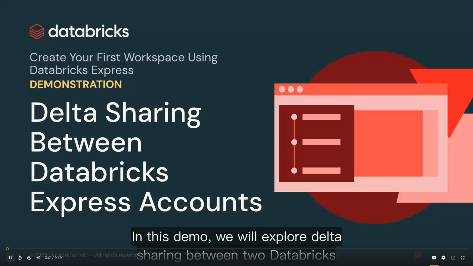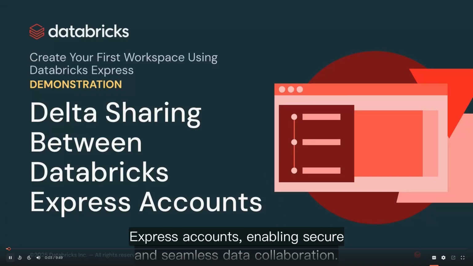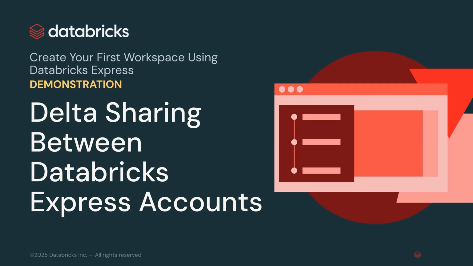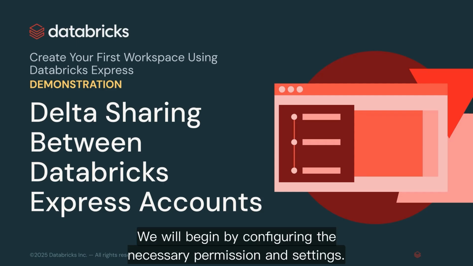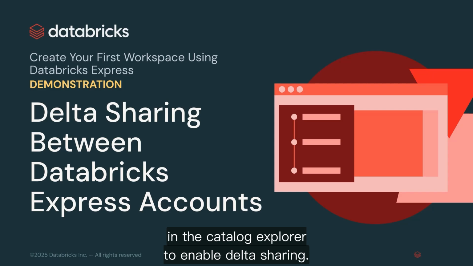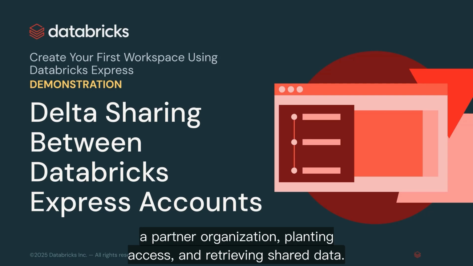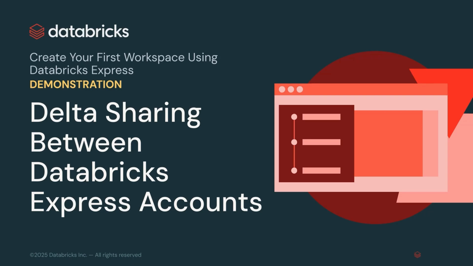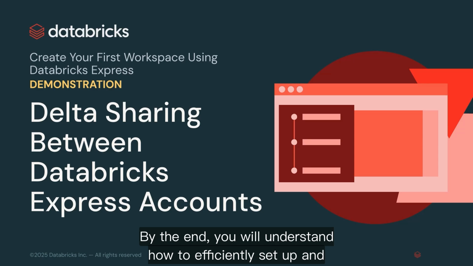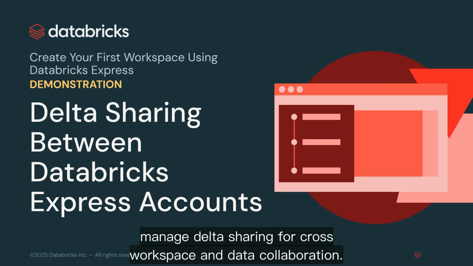In this demo, we will explore data sharing between two Databricks Express accounts, enabling secure and seamless data collaboration. We will begin by configuring the necessary permissions and settings in the Catalog Explorer to enable data sharing. Then, we will walk through the process of sharing a schema with a partner organization, granting access, and retrieving shared data. By the end, you will understand how to efficiently set up and manage data sharing for cross workspace and